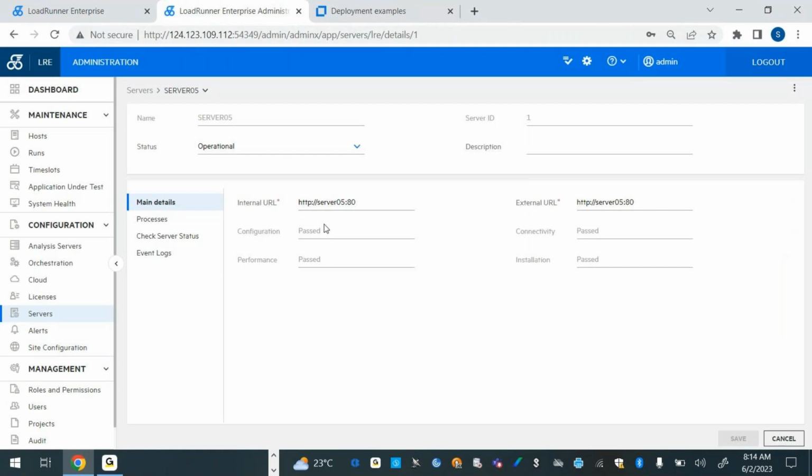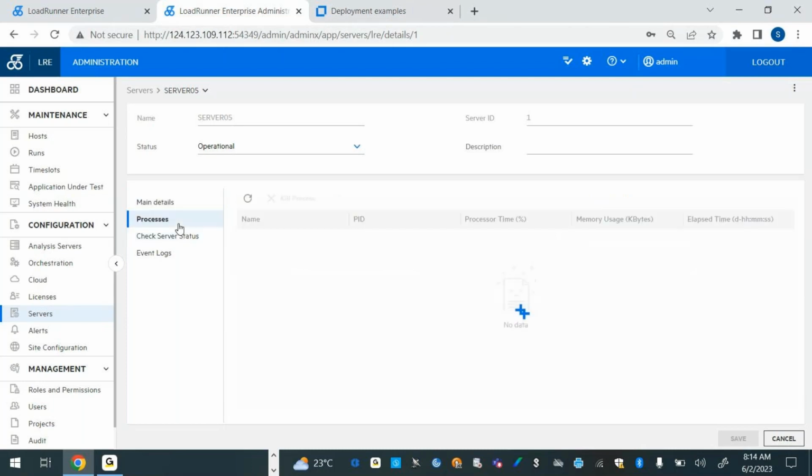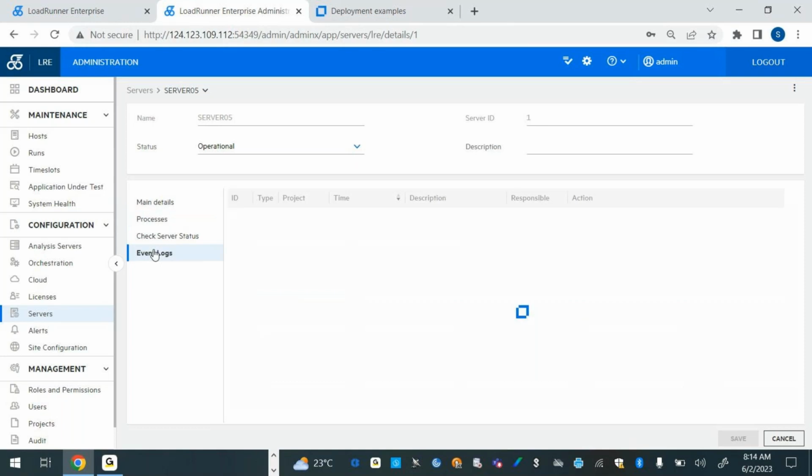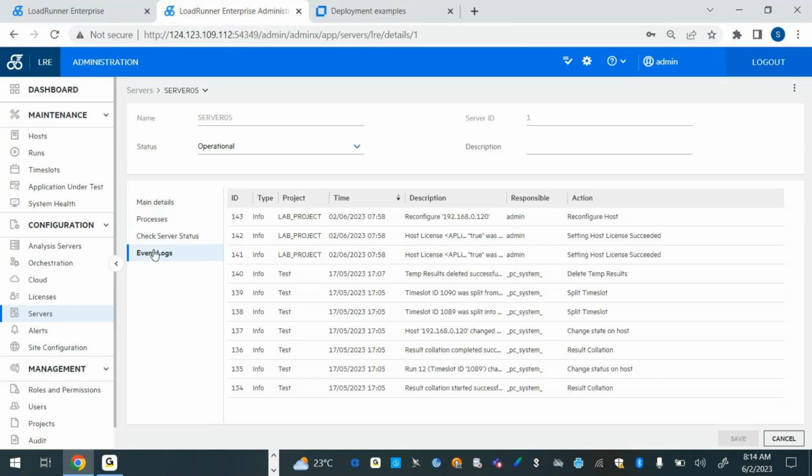All these things must come as passed, only then is your LRE server considered as up and running. And when you click on the processes, you will be able to see what all the processes present inside the LRE server are, and how much memory and how much processor time is being consumed. Anything it does, it does as a backend. You'll be able to check all the details with the